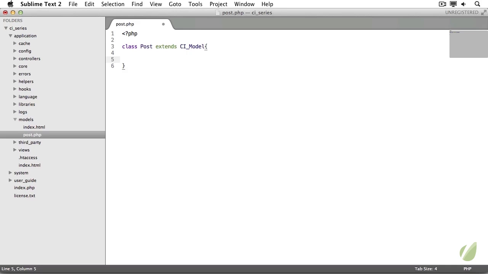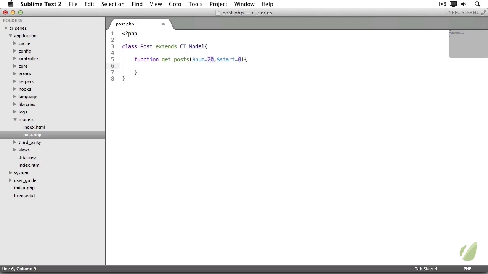We're going to make a function that grabs all the posts. So do function getPost, and I'm going to add 2 different variables in this. You can see I did num equals 20 and start equals 0. That just means that we're going to grab by default 20 of the posts, and we're going to start with the first post. So what do we want this function to do? We want it to connect to the database, and we want it to select everything from post,